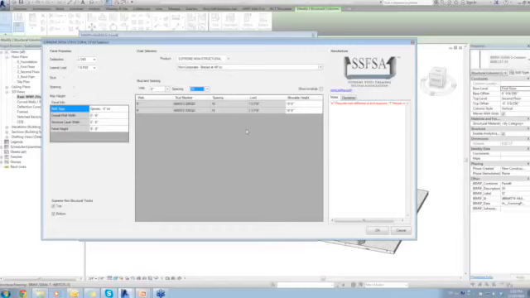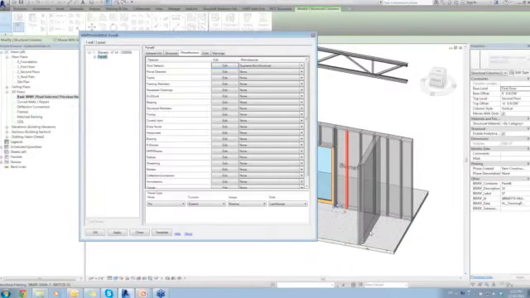So right now the stud selector is recommending I use one of these two members, and it's telling me I have an allowable height of 18 feet and 9 inches. My wall's not that high, so I can select this member without a problem. I notice as I select it, it's telling me the stud I'm using, my spacing, the maximum allowable height, and in the corner here, I've opted to use the Supreme Non-Structural tracks on the top and bottom of my panel. So simply by clicking OK, it's going to load all of these members into my project and place them directly